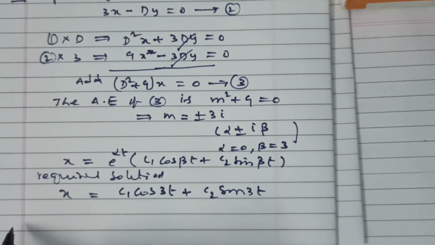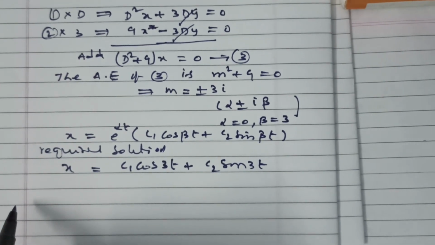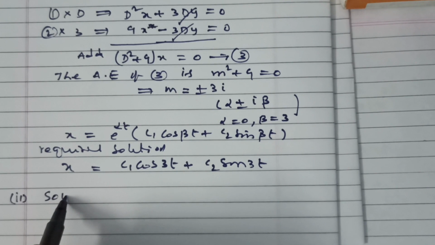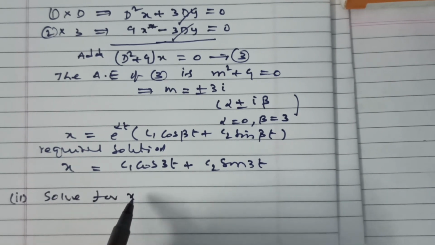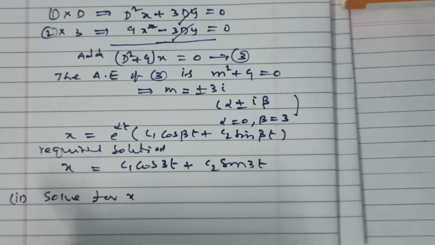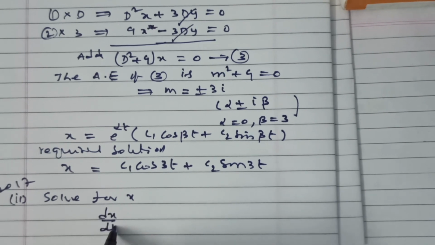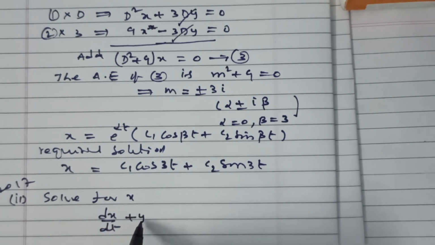So in 3, the second problem, solve for x. It is asked in 2017. Solve for x. The equations are dx by dt plus y is equal to 0,